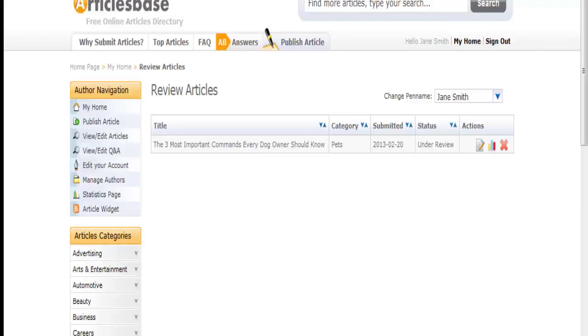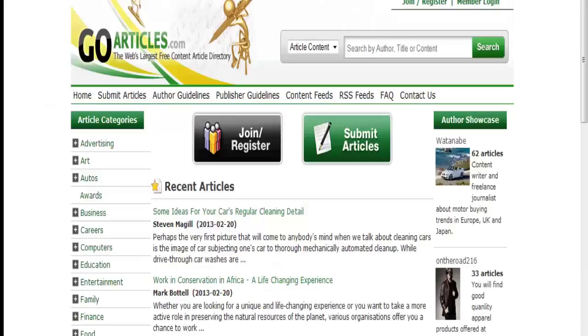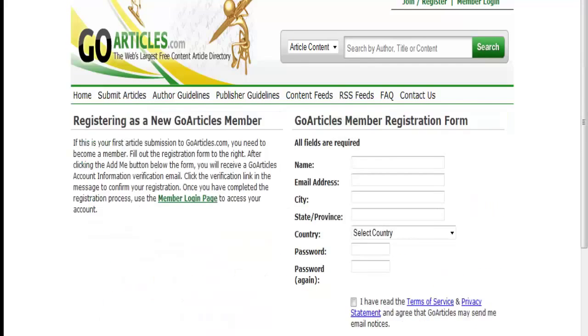I'm gonna close this site for now. And this article directories is Go Articles. This is where we wanna submit another article. So let me just close these tabs here. So Go Articles, what we want to do, we're going to create an account here as well. So we go register,